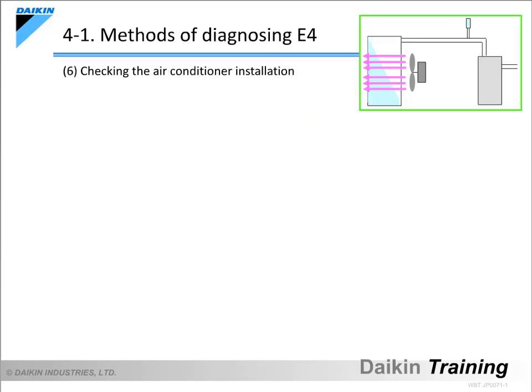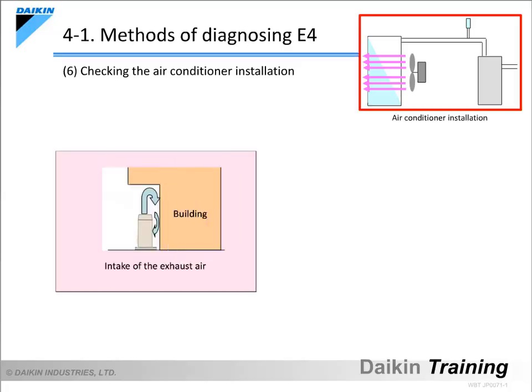The next item to be checked is the air conditioner installation. An outdoor unit must be installed in a location where it does not directly take in any cold air discharged after heat exchange in the evaporator, or in other words, a location that will not cause an air short circuit. If the suction air temperature is low, check to confirm there is no short circuit. Also,